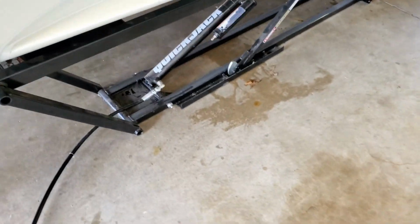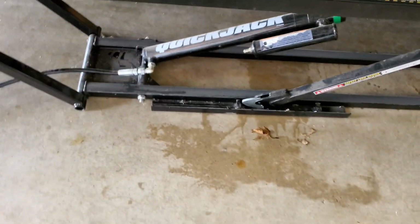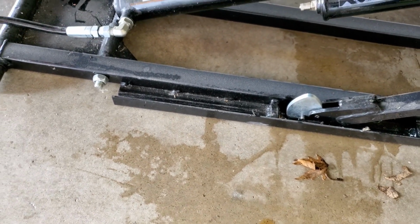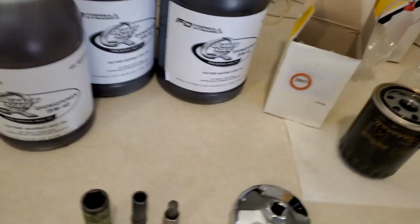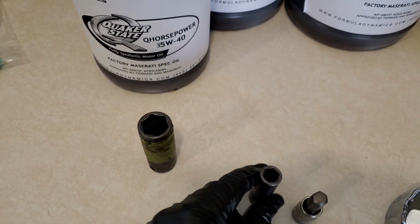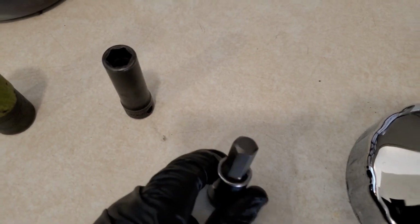What you want to do actually is, I kind of went a little too far, but you want to get these, and these will catch on there, and that'll be your safety point. Okay, here's what you all need tool wise. You need a 17 millimeter, a 10 millimeter, and then a 10 millimeter Allen,